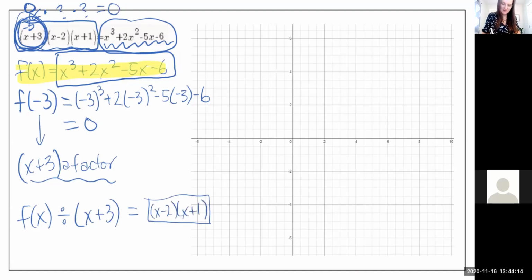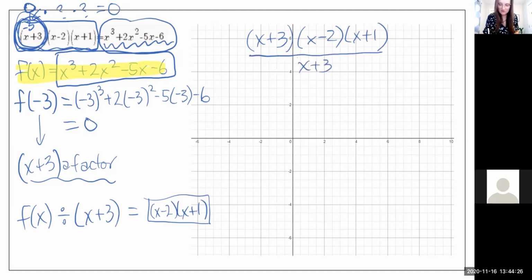Like if I take my x plus 3, x minus 2, x plus 1, you won't know this, but assuming we know this right now, if I divide by x plus 3, I should just get that back again, right? But the problem is it's not going to be factored for you. So we need to learn how to divide the polynomial,